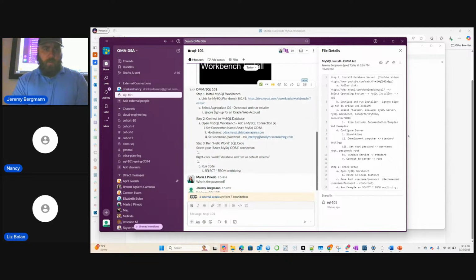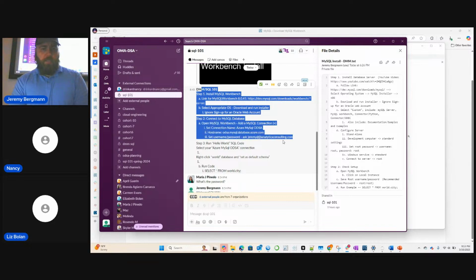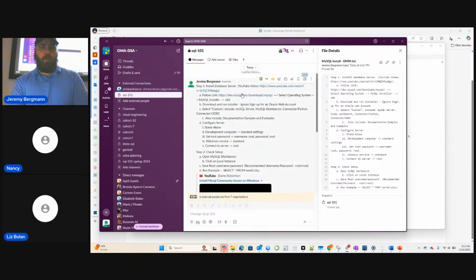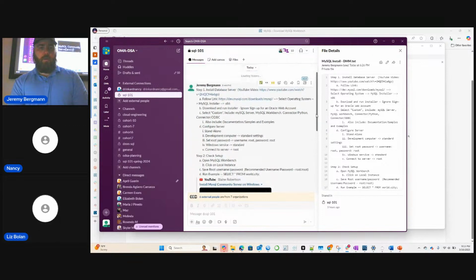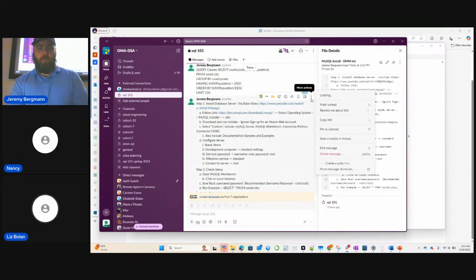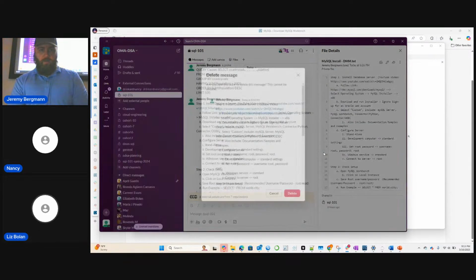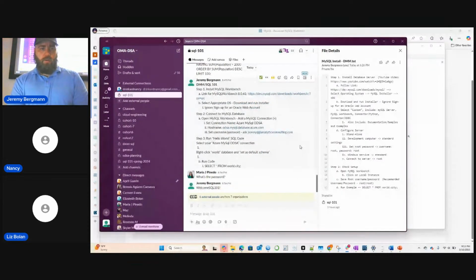This one right here, the DMM SQL101. Give this one a try. It's much simplified, and it only installs MySQL Workbench. The other one installed the whole server with a bunch of options, but I moved away from that one. It's an older version. Okay, so I did that, and I'm actually going to connect to my SQL database.